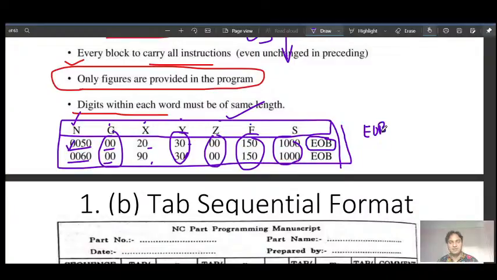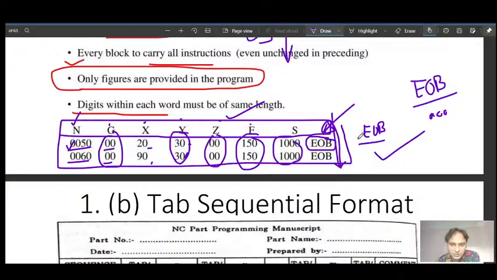And as we are writing in manuscript, in punch tape it will be punched. If you remember, I have given about it in module 3. So end of block will have another set of symbols, just for example, two close holes or three close holes like this. So this is how we write in manuscript, but when we are preparing a punch card, for end of block we have a different symbol and we have to use it.